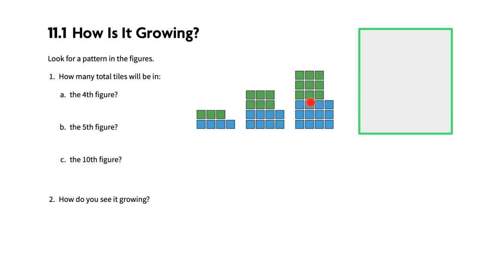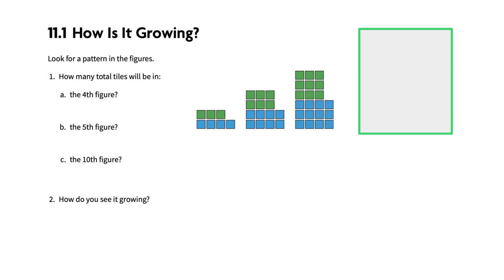And we can see in this first figure, it's got a 3 and then a 4. And then the second figure, it's got 2 3s and 2 4s. And then in our third figure, it's got 3 3s and 3 4s. So basically, if we wanted to write that out as an expression, we have one,